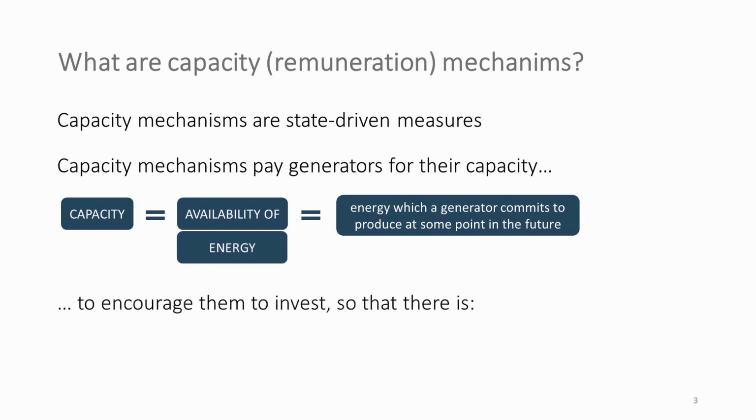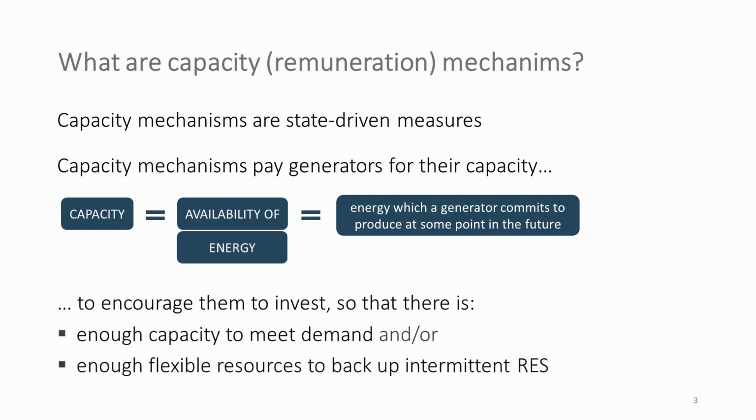Now, why would we need capacity mechanisms? Well, capacity mechanisms are introduced to encourage generators to invest. If energy prices are low or generators don't produce as often as they would like to, they might not be able to recover their investment costs. And this is a very capital-intensive sector. So capacity mechanisms provide these generators with an additional stable stream of money on the top of the revenue from electricity trade. Another more recent problem is caused by the implementation of RES target.